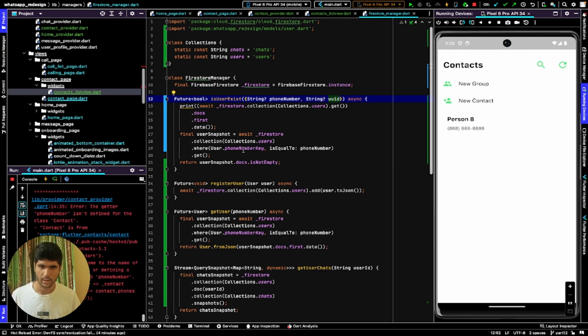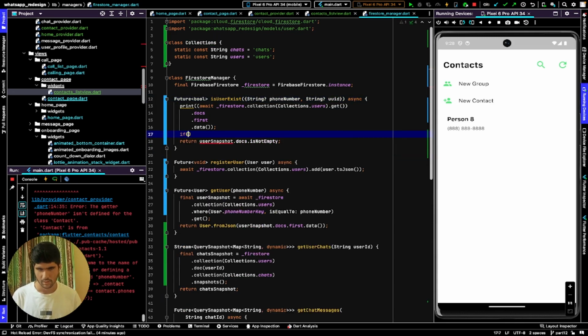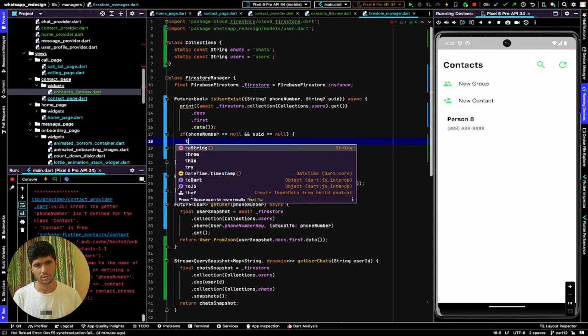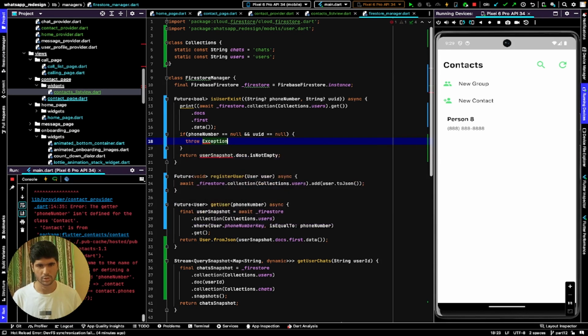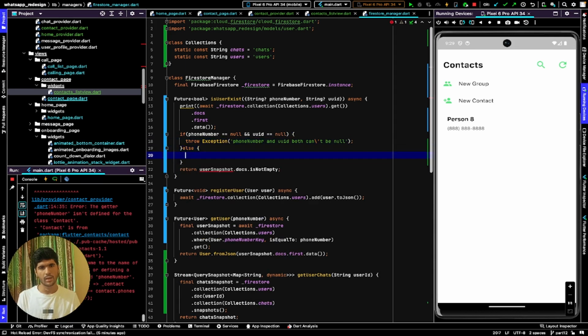If phone number is equal to null and UUID is equal to null, if both are null, just throw an exception: phone number and UUID both can't be null. So yeah, else